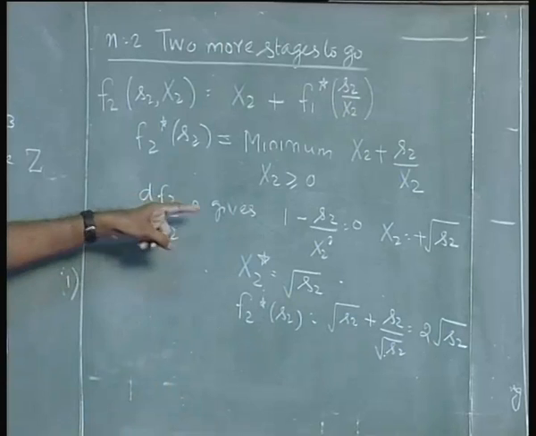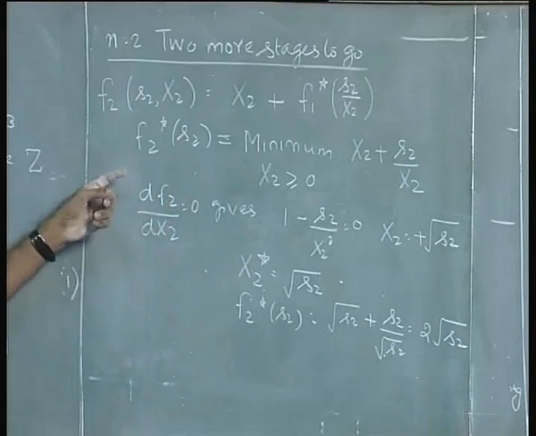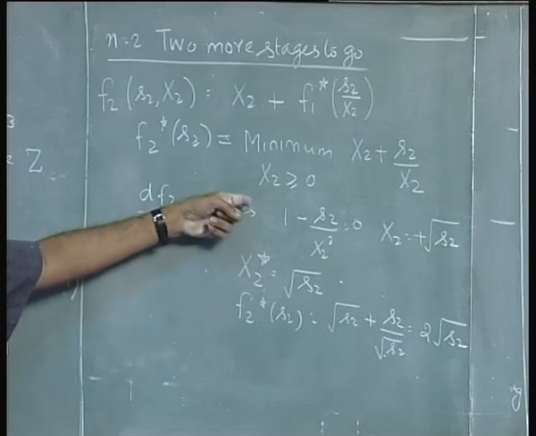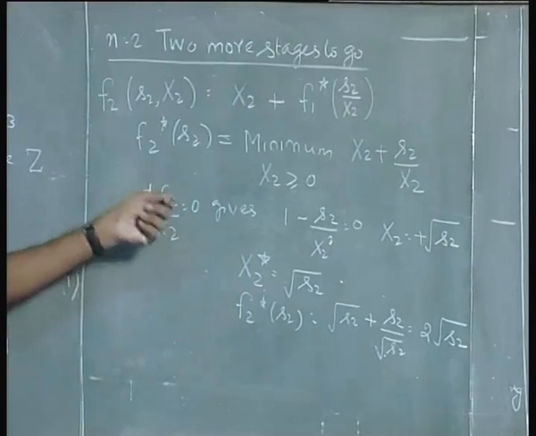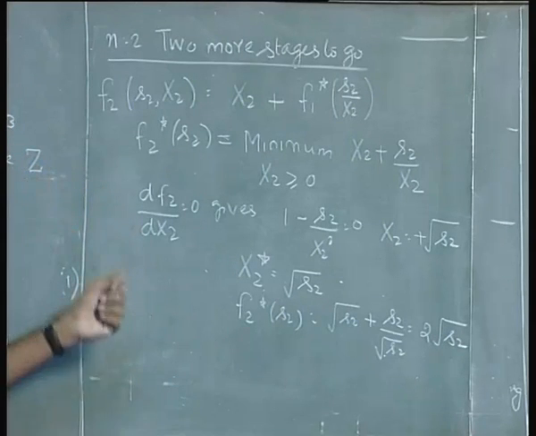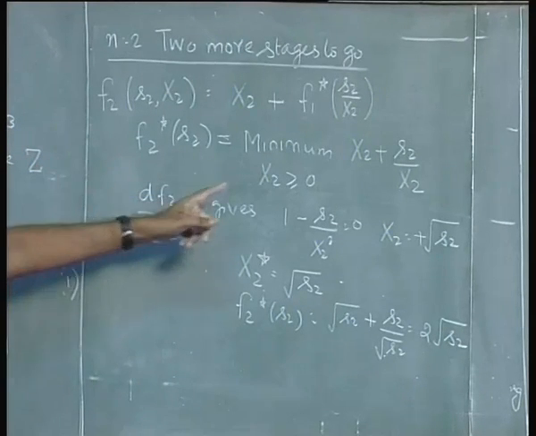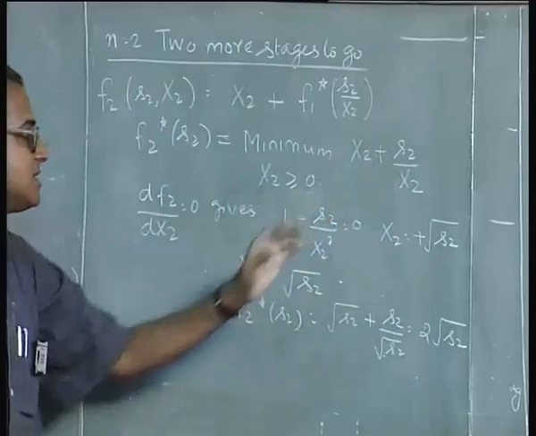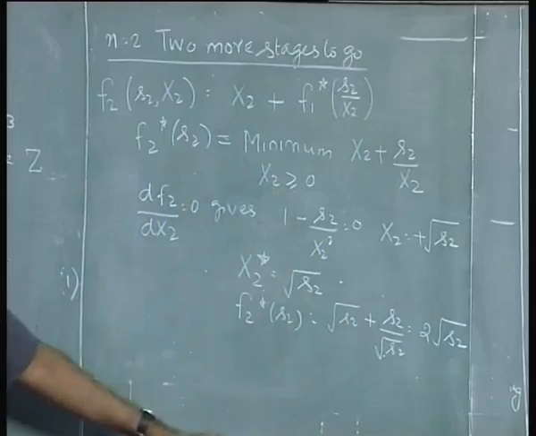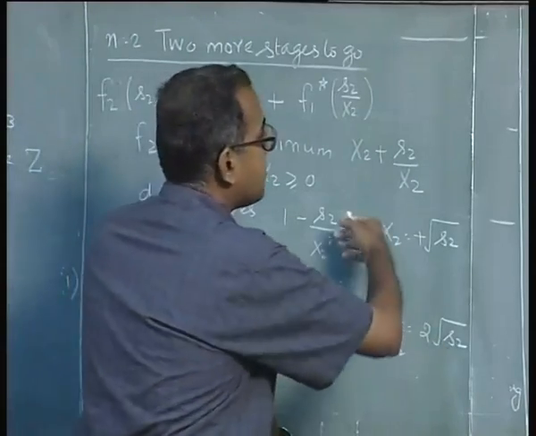We have to ensure that not only do we set the first derivative to 0 and get the minimum or the maximum, we also have to look at the sufficient condition and look at the second derivative and check that it actually minimizes. In both these cases, the second derivative gives a positive coefficient, which means these corresponding values minimize